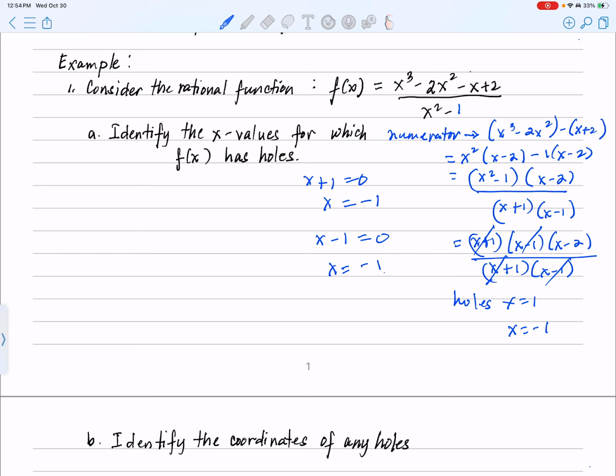All right. Oh, I have a big space here. All right. Anyway,